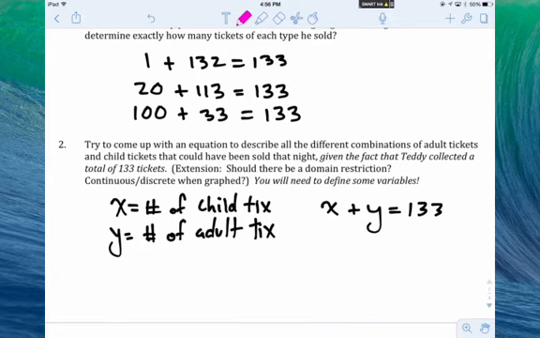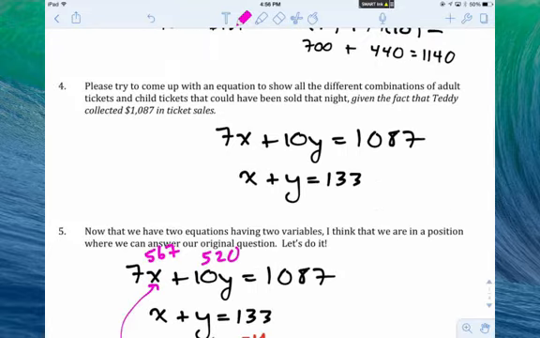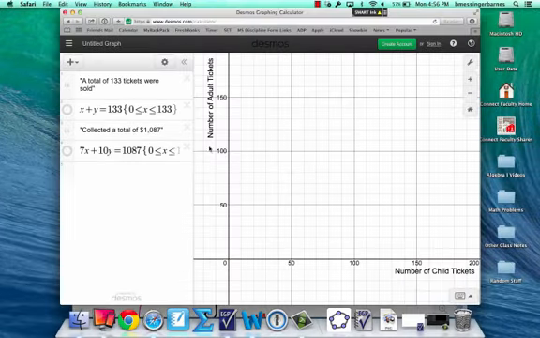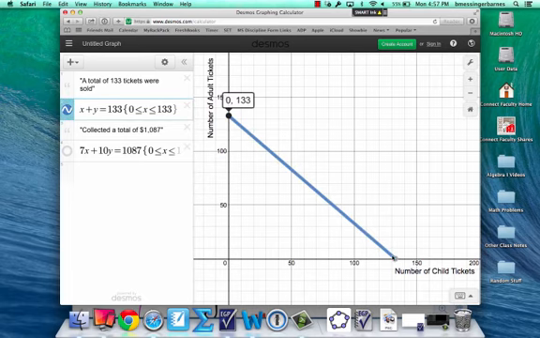If you want, you can also think about this with a graph, right? If you had created these two equations, you could have always put them in your graphing calculator to see what the solution would be. And I just think it's really nice to get an appreciation for that as well. So a total of 133 tickets were sold. We made the equation x plus y, the number of children's tickets plus the number of adult tickets, had to equal 133. And so here is a graph of all of the different combinations of tickets that would sum up to 133. Now, of course, there shouldn't be all these decimals because it's real life, but alas,